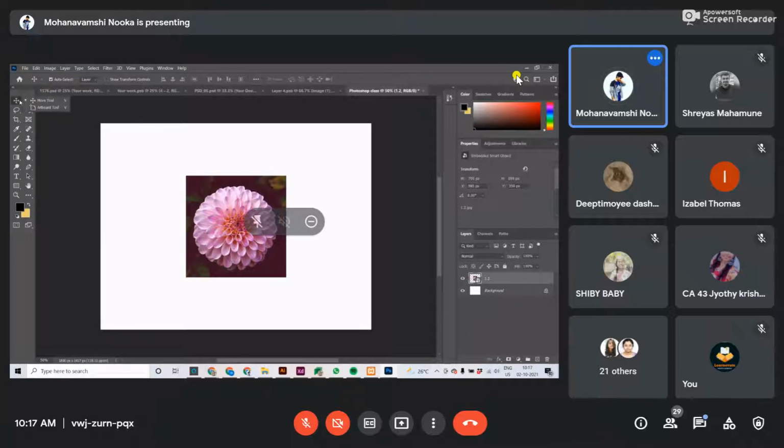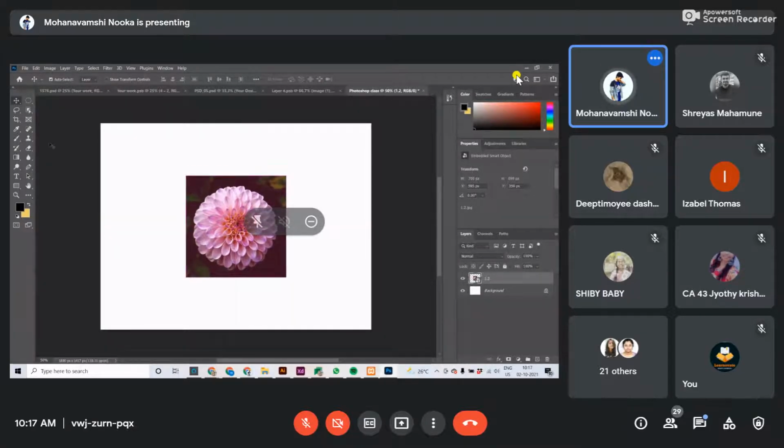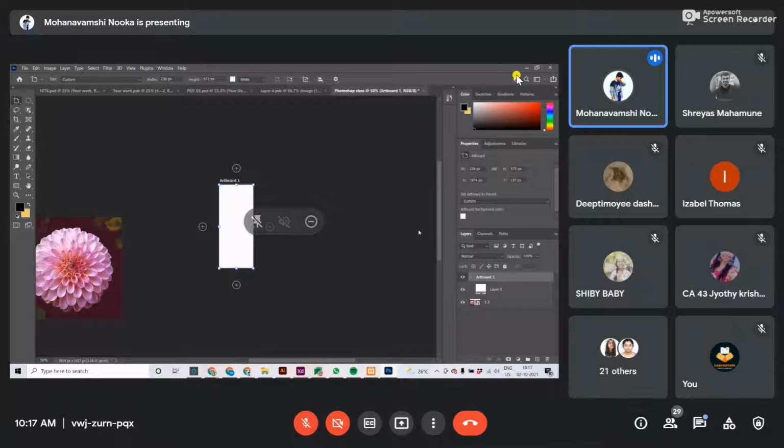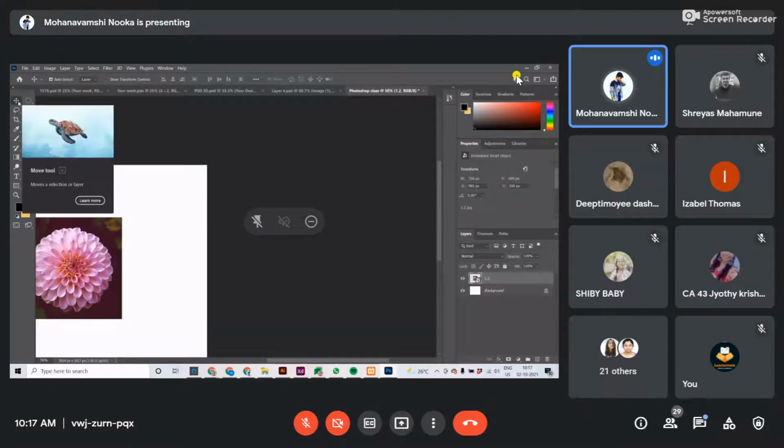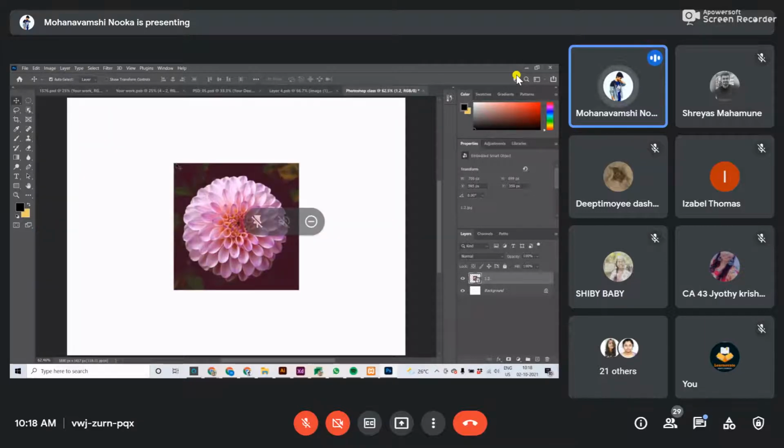This is the selection tool. We can use this tool for moving the image. Here we have another tool also, the artboard tool, where we can create another artboard. If you move somewhere and the artboard is on the other side of your workspace, just click Control 0, and it will directly redirect you to your artboard page.